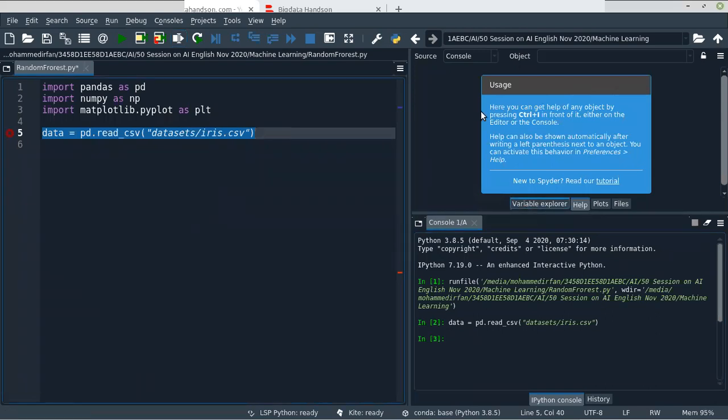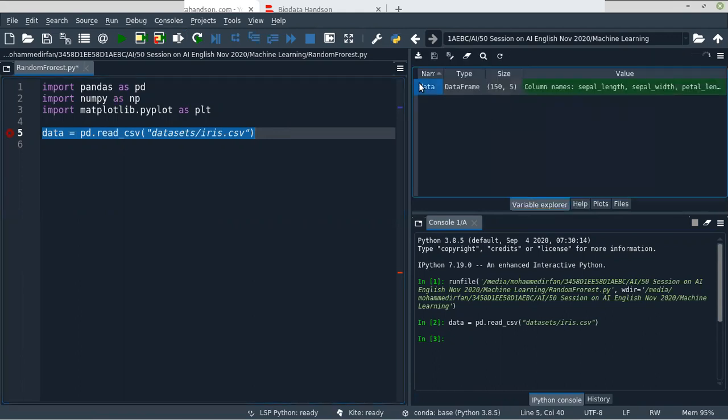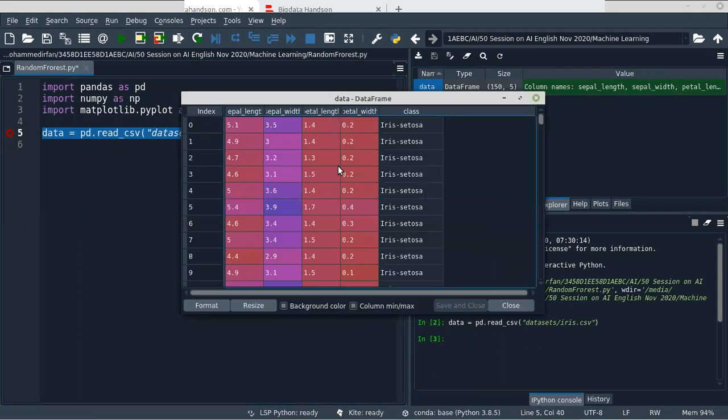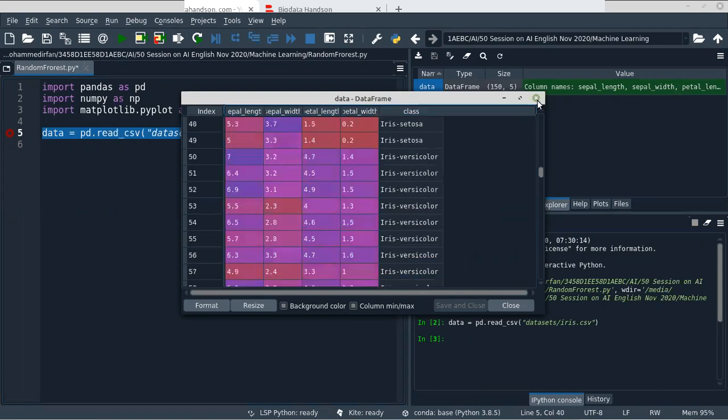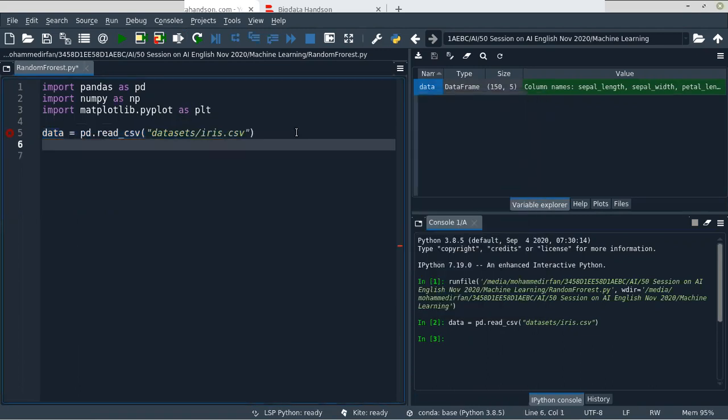Now we can see the data frame in the variable explorer tab. Here we have five attributes: sepal length, sepal width, petal length, petal width, and we have a class. This is what we are going to predict. Let me split the data into x and y.